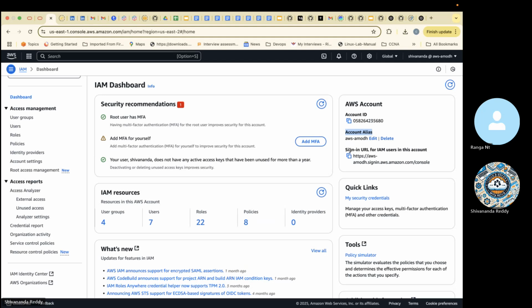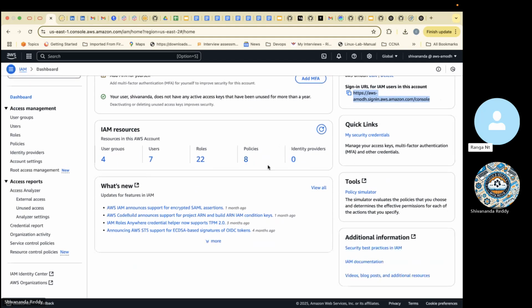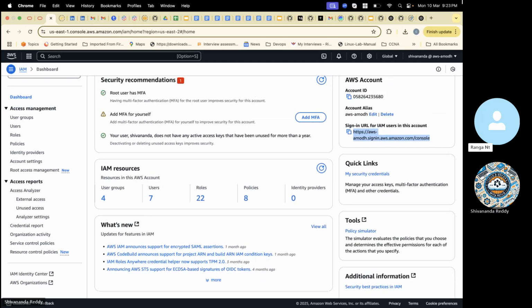So how are they going to log in then? For them, we need to give some predefined URL like this. I'll show how to generate this URL and how to hand it over. But normally, if you go to the AWS management console itself, it will ask 2 options, right? Sign in as a user, sign in as a root. So do we still need to give this URL? Definitely. That's a valid question. What is the significance of giving this one?